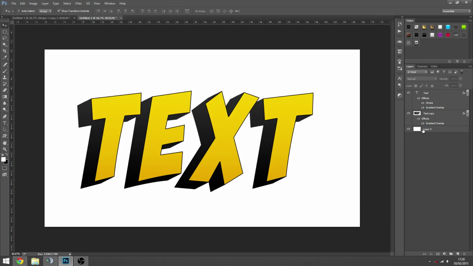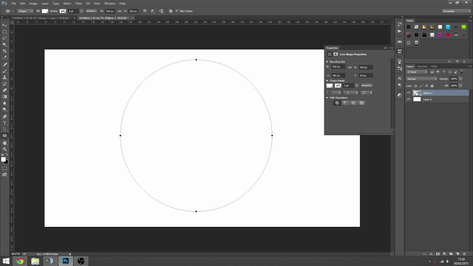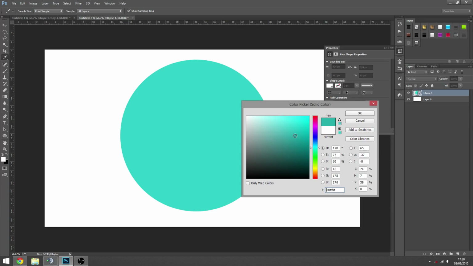If you're wanting to do the long shadow, you pretty much do the same thing. So I'm just going to set up the same scenario here. We're going to have our circle shape. You can use any shape you want, and we're going to color it. This time I'm going to give it an